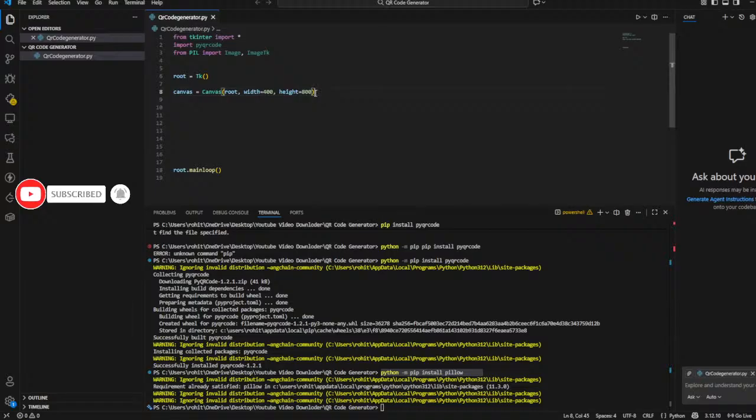So maybe the QR code consumes some space. So now let's pack this canvas. We write just canvas.pack,